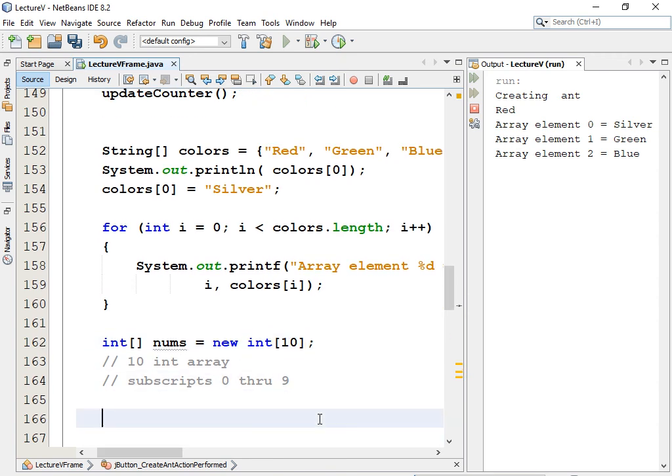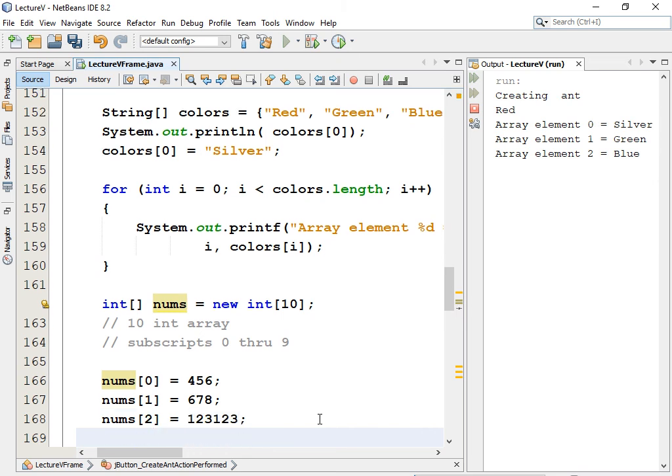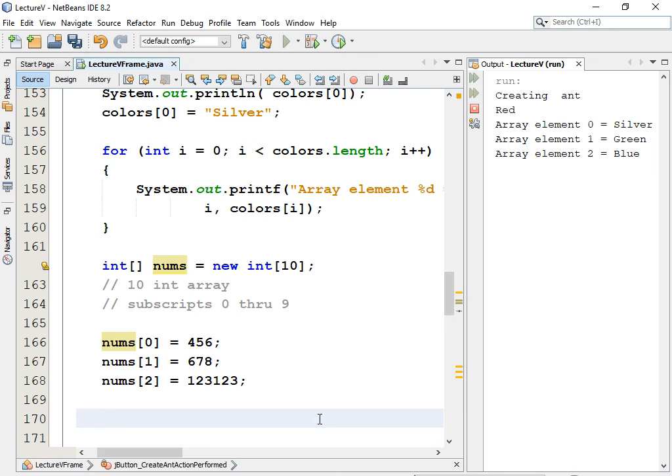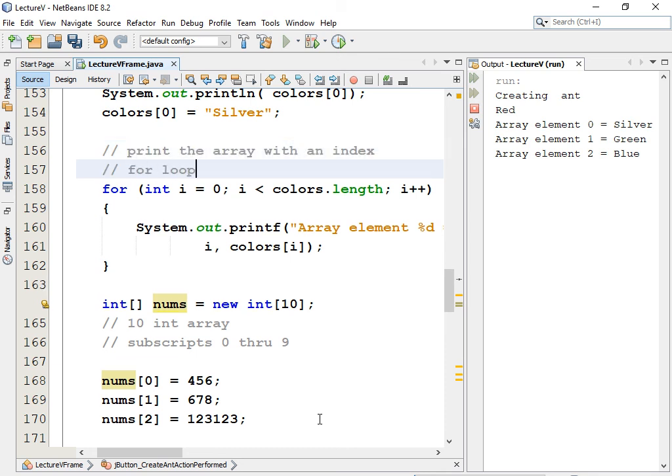Well, let's put some numbers in, right? nums subscript 0 equals, and just put in some number, I don't care what. nums subscript 1 is, you know, some other number. nums subscript 2 equals whatever. Now, instead of an index-based loop, which is what we used before, to print the array with an index for loop,